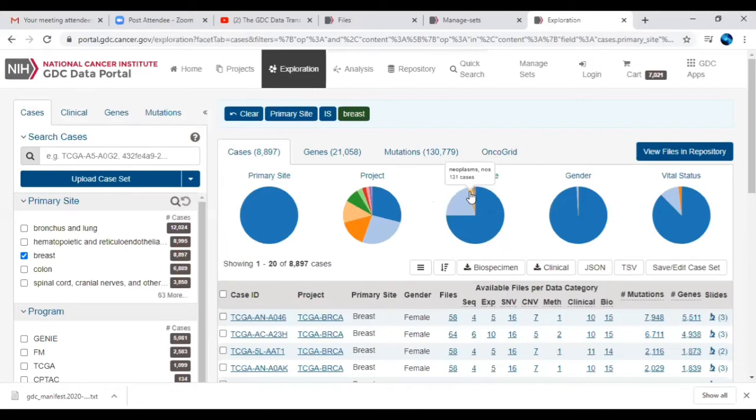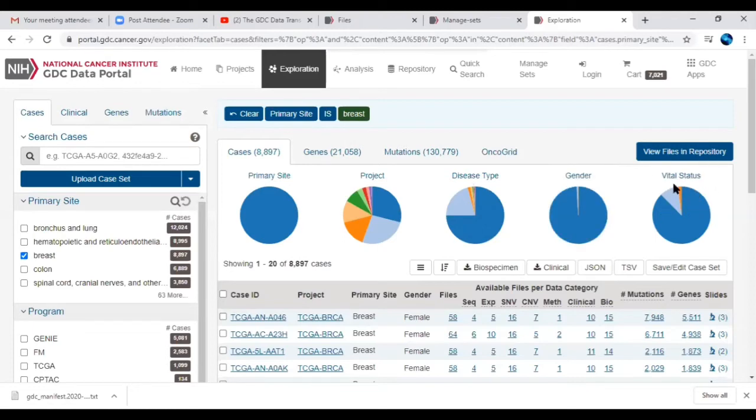If you are interested only in studying cancer and its subtypes, you can get the number of cases from this particular disease type. And the gender information: how many females have been affected, how many males have been affected. In breast cancer, near about 8,813 female cases you can get.